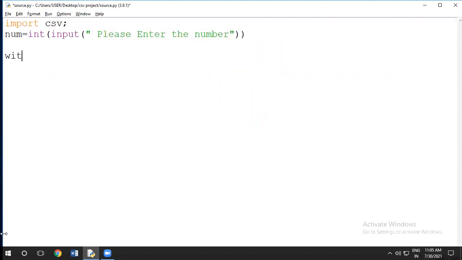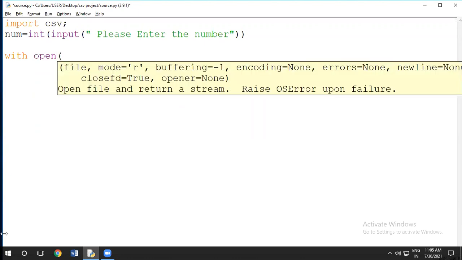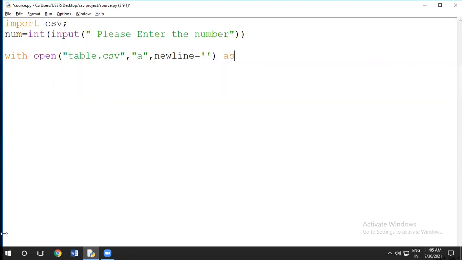Then I will write here with open table.csv file, and I have to work with the append mode, and I don't want to leave any extra line. So newline equal to this, and then I will write as file.